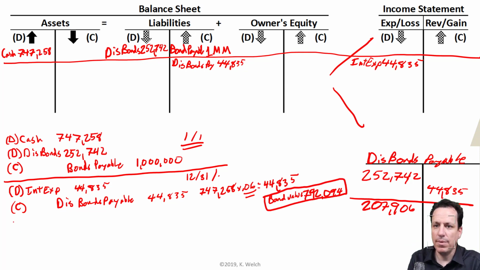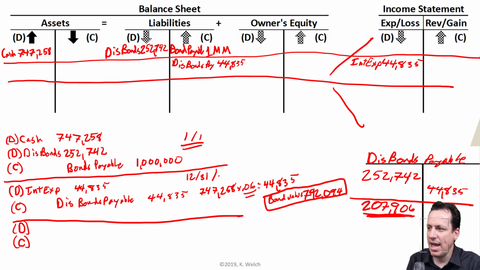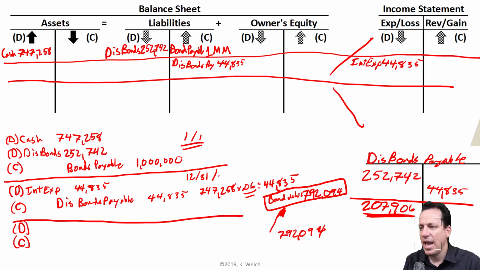Let's do the second payment. The second payment is very similar to the first, but for those of you that did not follow how we actually did this, this is where the rubber hits the road. This net carrying amount right here is what we have at the start of the period. So we have to take this outstanding bond value, the 792,094, that's what we got interest on. So we multiply that 792,094 by 6%, the market rate, which equals